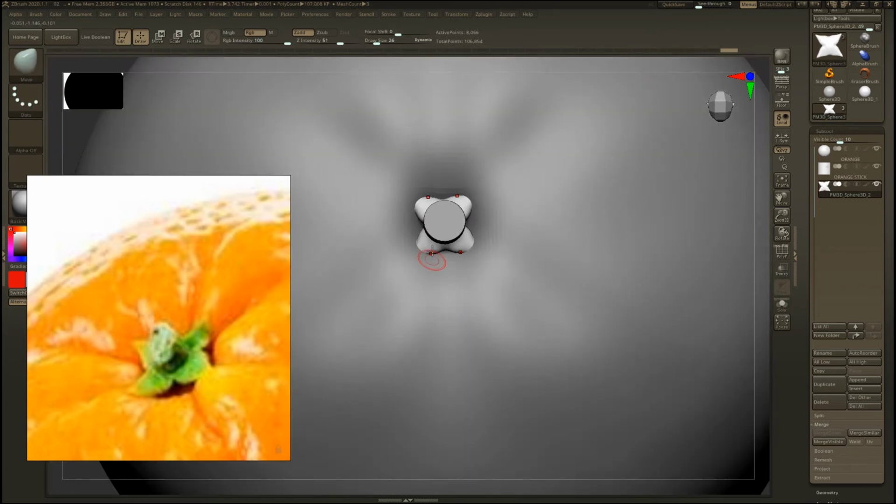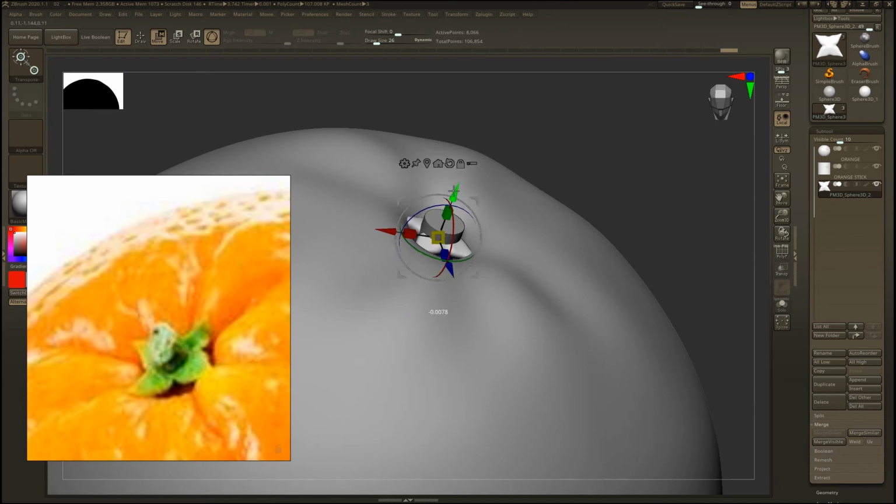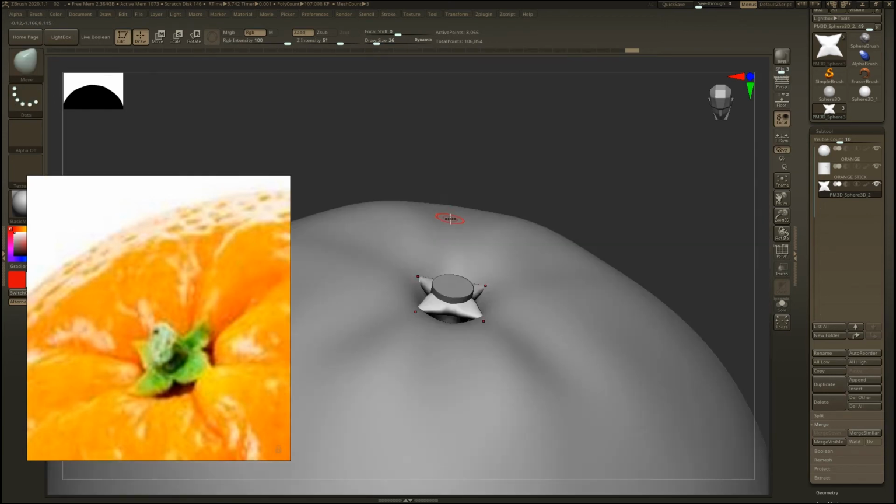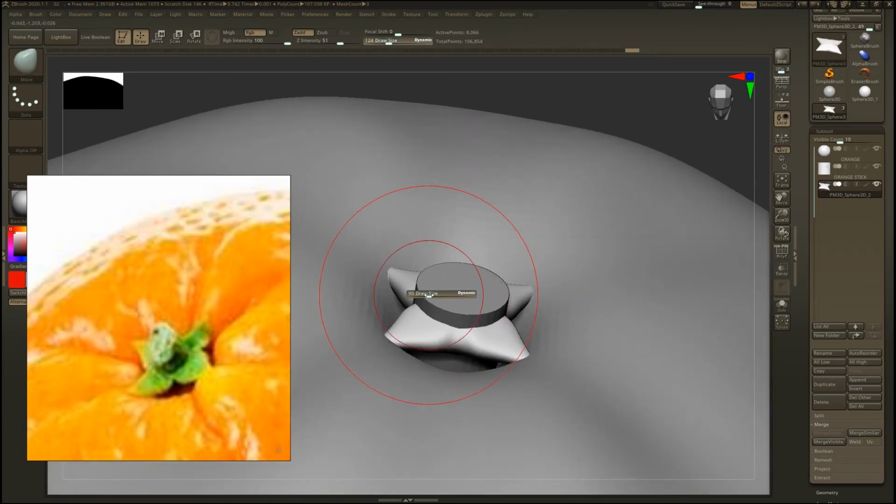Now unsoloing it. Moving it a little bit higher so we can see that. Choosing the Move brush and pulling these points outside.